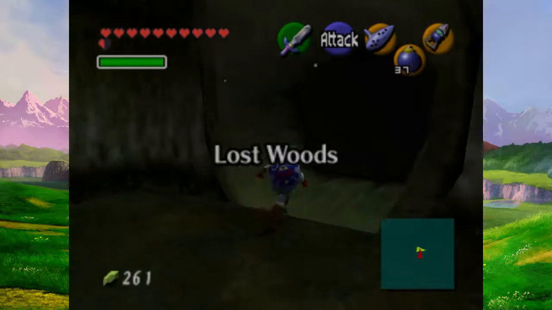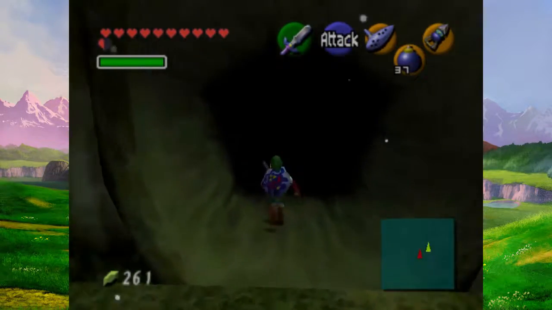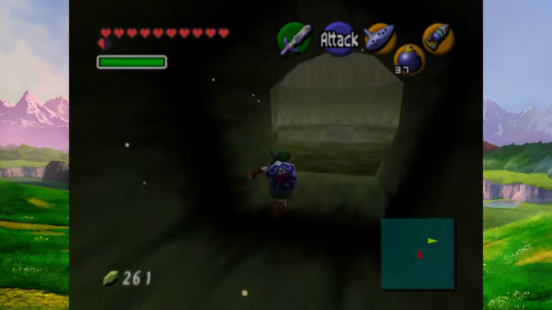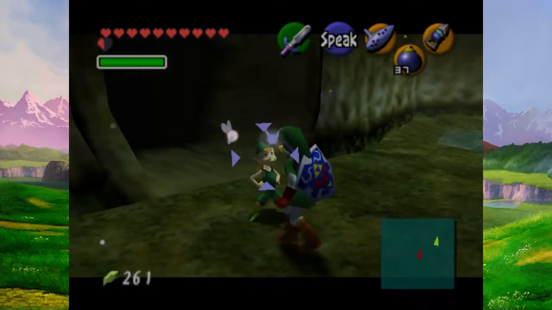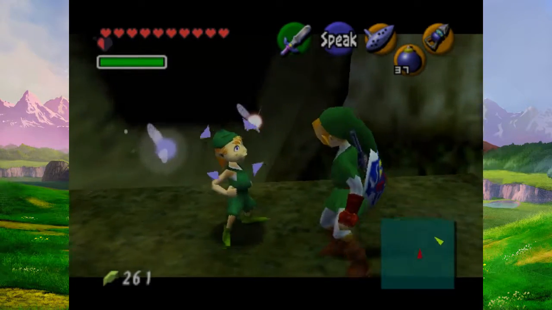Alright. So, our usual path into the Lost Woods. Not much has changed, oddly enough. You know, things all seem the same. It's just the same old Lost Woods. Everything is... Mido! My god, just when I thought I...